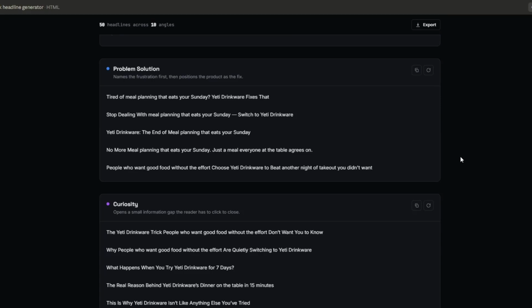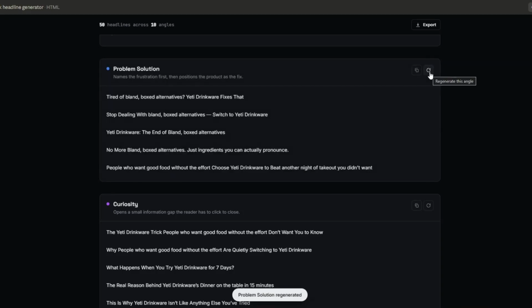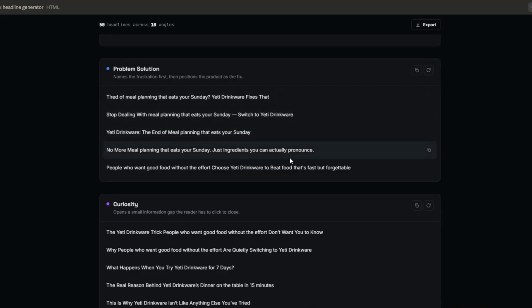Same with the problem solution angle. So with this angle, these headlines name the frustration first, then position the product as the fix. And here you can see our 5 unique headlines right here. So if you're not so pleased with these headlines, you can choose to regenerate them again right here if you'd like. And then if you're satisfied with these headlines, you can just copy them and paste them to a spreadsheet